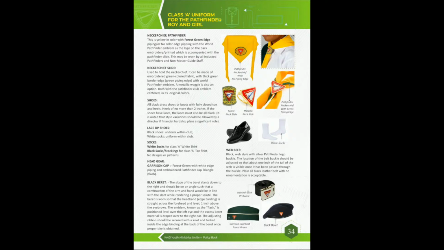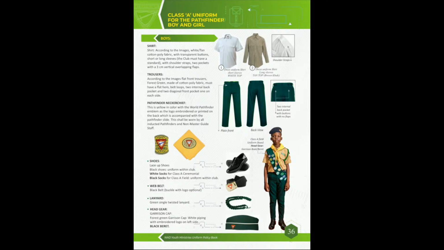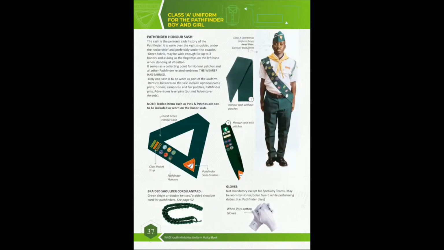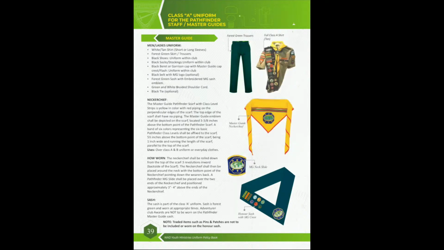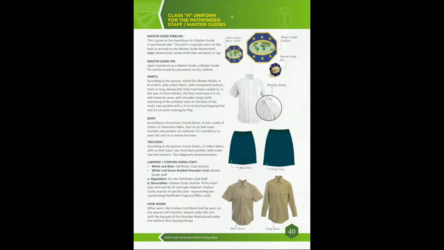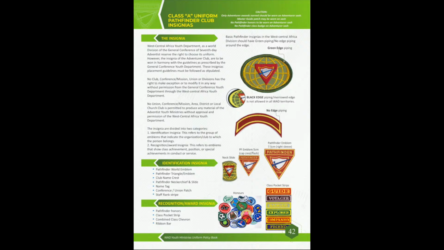So I was telling you that we can check by looking at the sleeves. You see the adventurer emblem logo, it's on the right sleeve. That's why we put that logo. That logo is put on the right sleeve. And on the staff, you can see we put the club name, but you can put instructor or director or associate director.